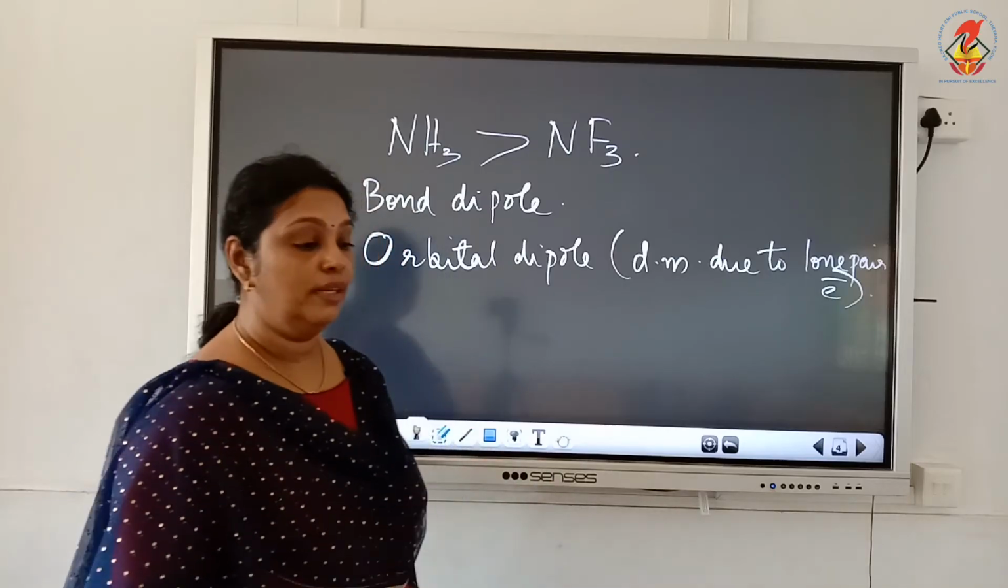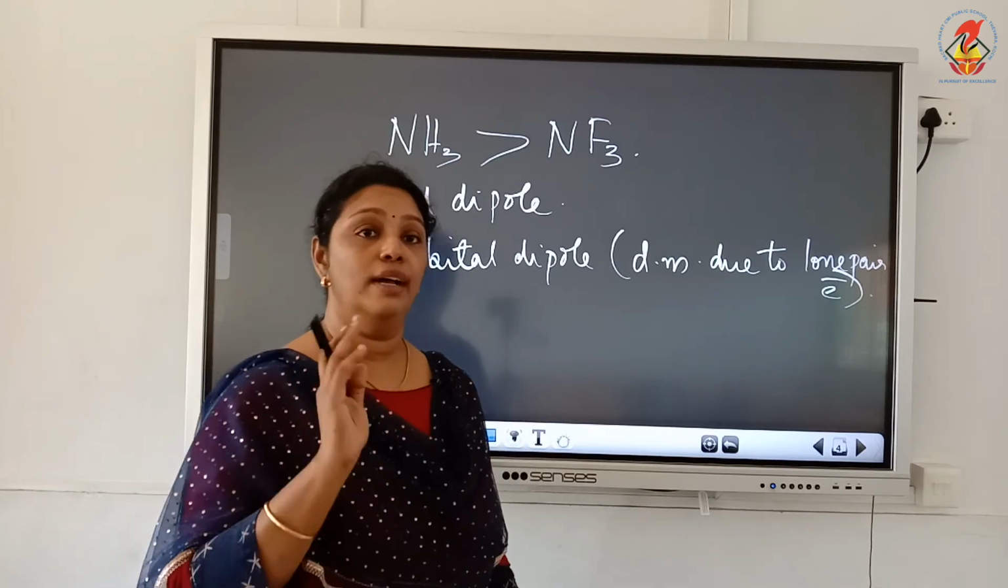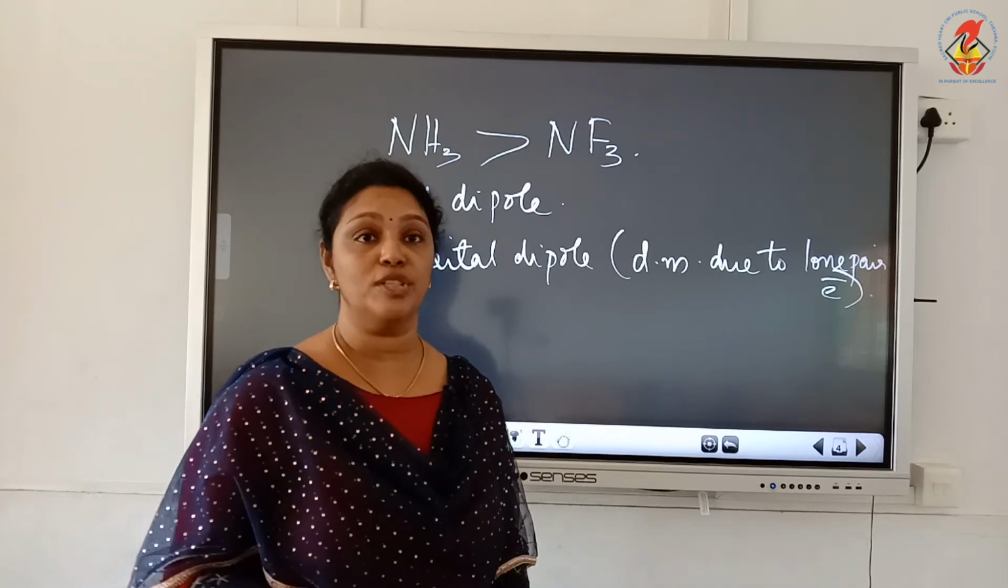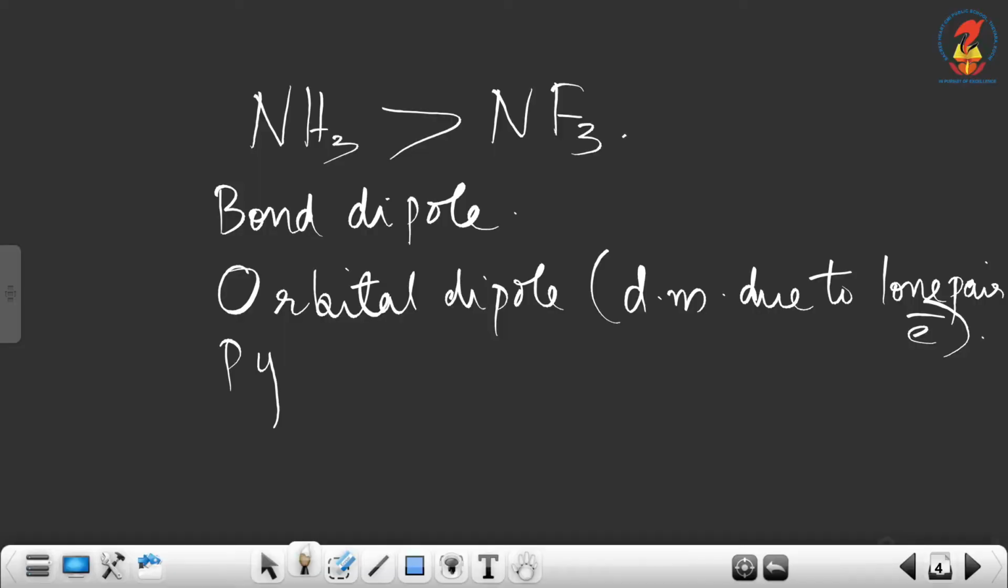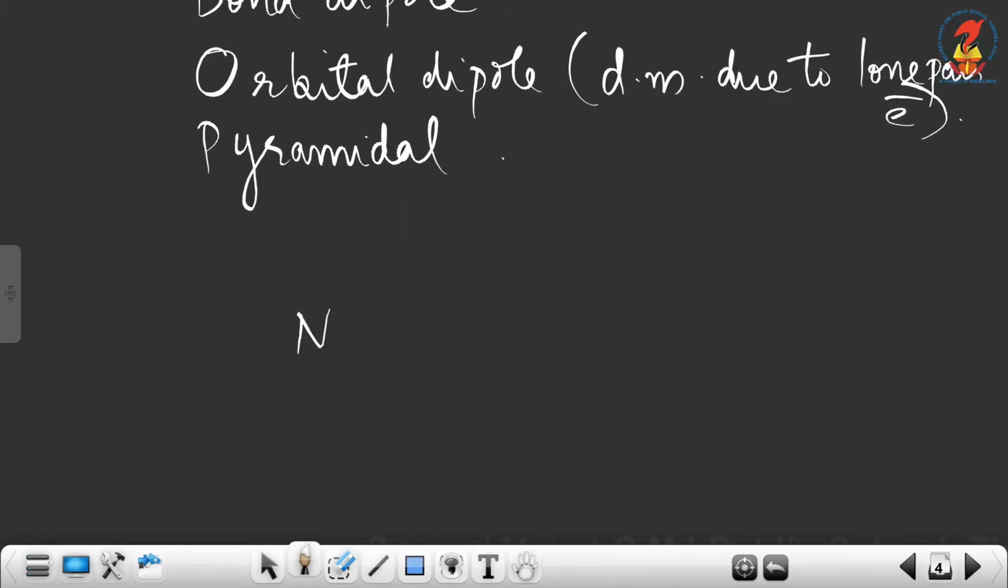Okay, now let's see the structure of NH3 and NF3. Both NH3 and NF3 have the same structure, that is, the shape is pyramidal. Pyramidal in shape. Now I am going to draw the shape of NH3 and NF3. Nitrogen,